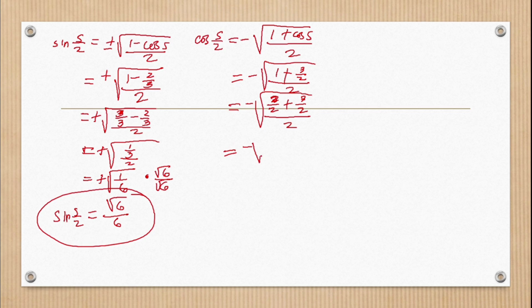So negative the square root of 5 over 2 times the reciprocal is 1, 3 over 2. No, that is 2/3 rather, 2/3. So therefore 3 over 3. So 3 plus 2, that is 5 over 2 times the reciprocal of this one is 1/2. So therefore negative square root of 5 over